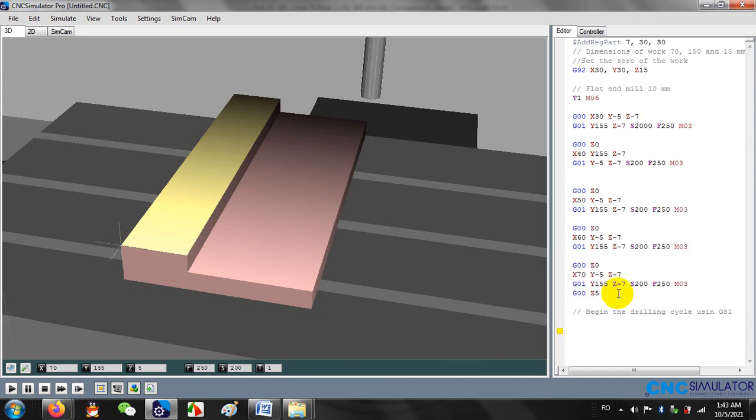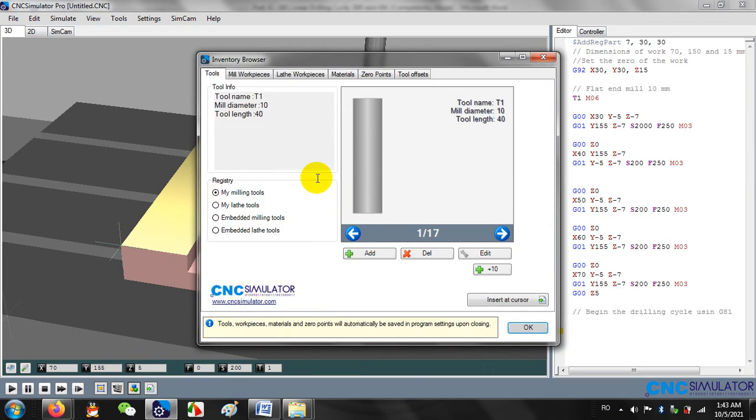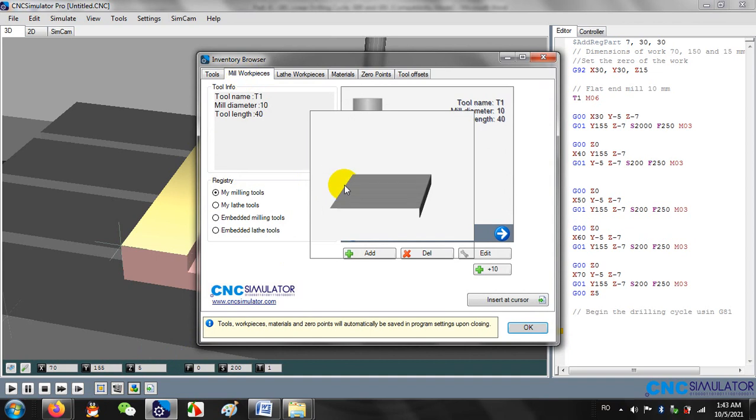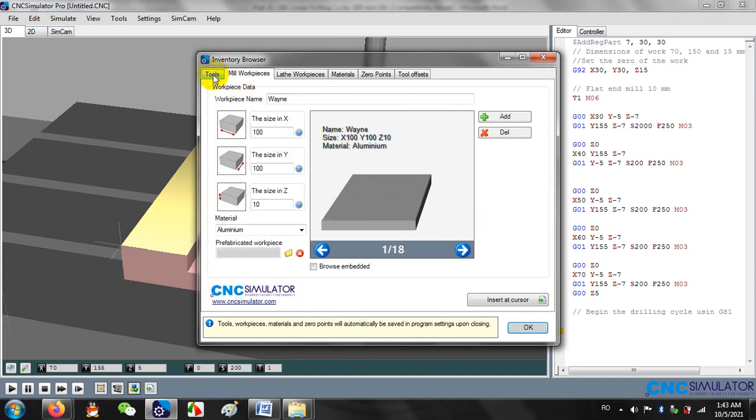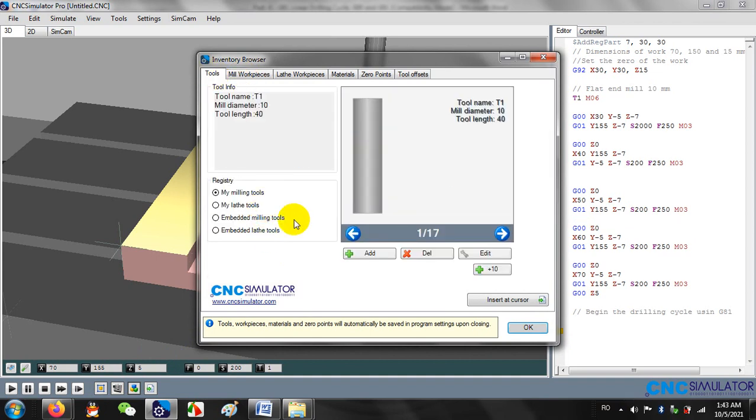So we will use the G81, but first we need to change the cutting tool. So we will go again to the cutting tools, and we will need to begin to use a drill, or go to the milling tools, and we can use a drill